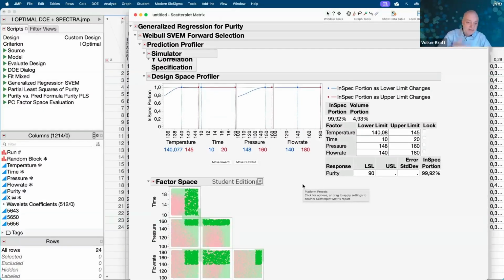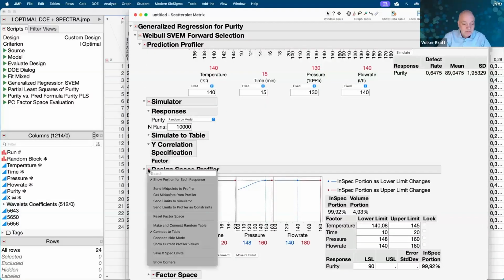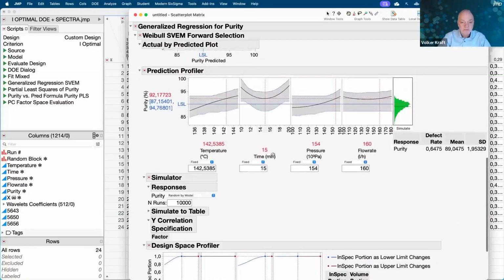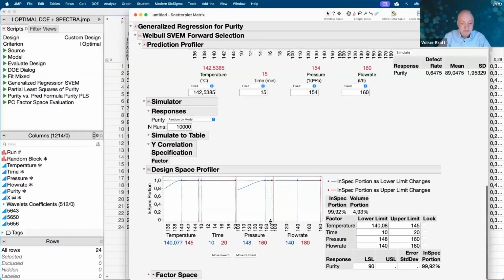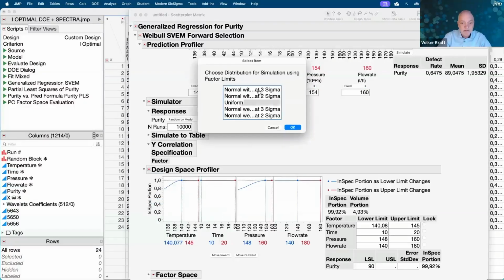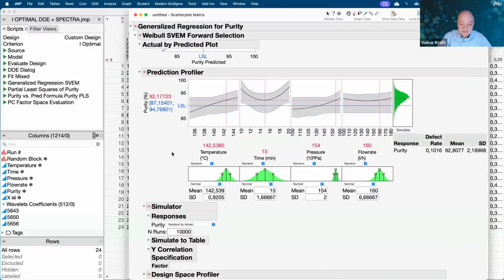And now we can populate the design space back to our prediction profiler. That can be done in the design space profiler menu. First, I send the midpoints of these ranges back to the profiler. Now the midpoints have been adjusted to be in the middle of these ranges down here. And I send the ranges themselves. This is done by sending the limits to the profiler, and this sets the distribution of our factors,